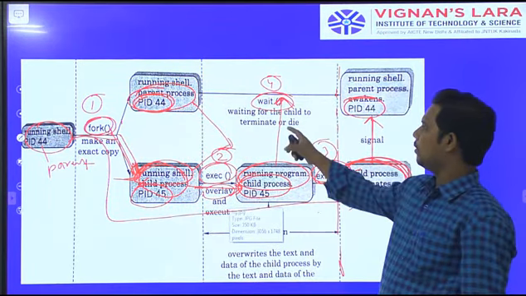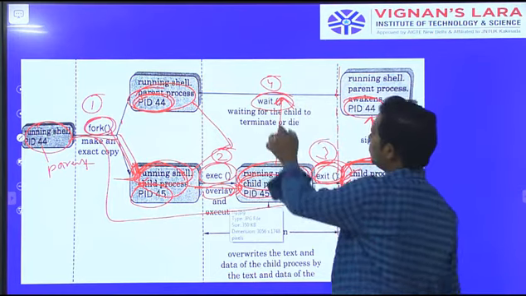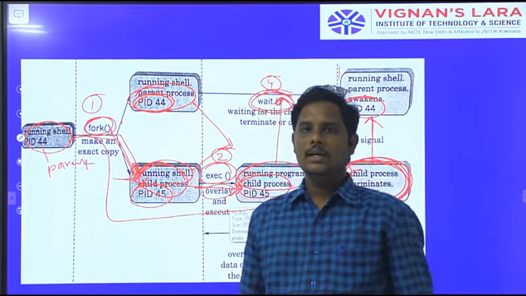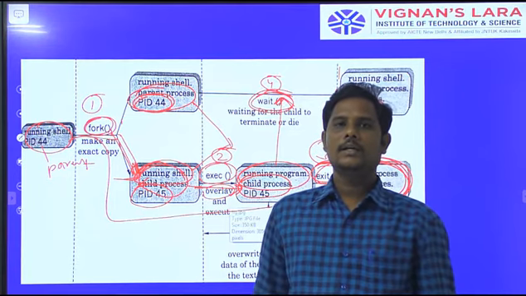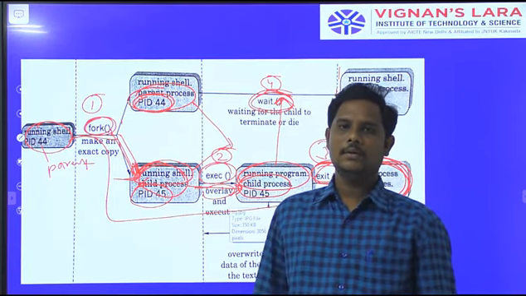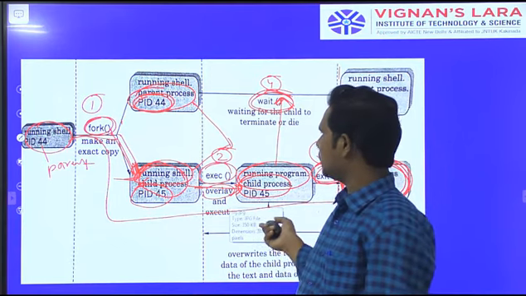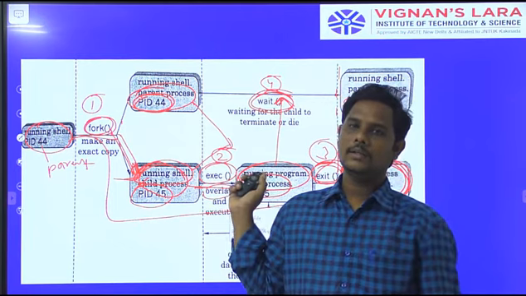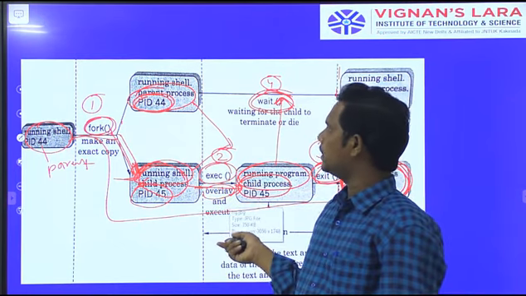So here no clash is there. So that's why here the parent is in the waiting state. So this is the 4th step. These are the things used in the parent and child, creating the new process. Okay, so this is a very, very important diagram; I have to draw it clearly in the exams. Okay, so I will show you some important things.